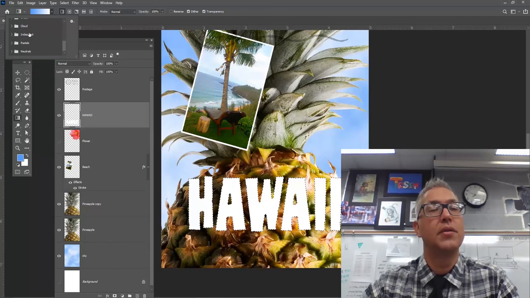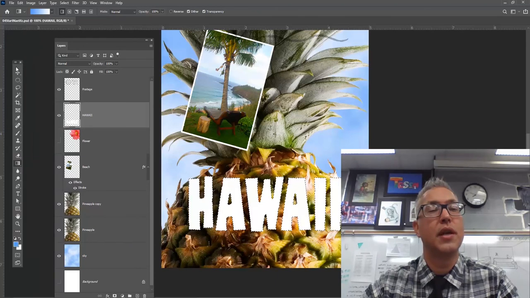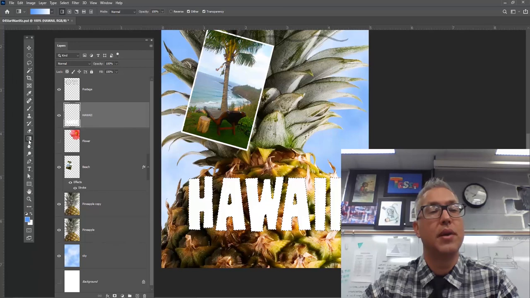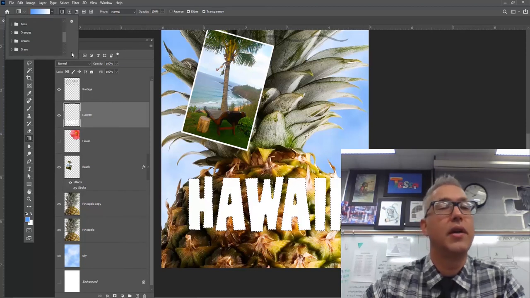I don't want this. So what I'm doing right now, I didn't mention it, I'm choosing the gradient tool. It's right here. Let me go like this. Get yours just like that. See where it is? Like right in the middle, but it's nested underneath the paint bucket. It's like the paint bucket, except it gets on a gradient. So I'm going to try to find